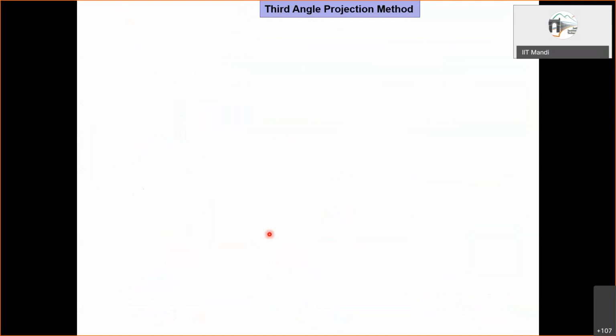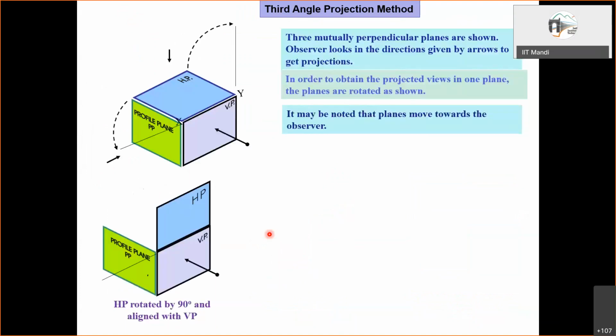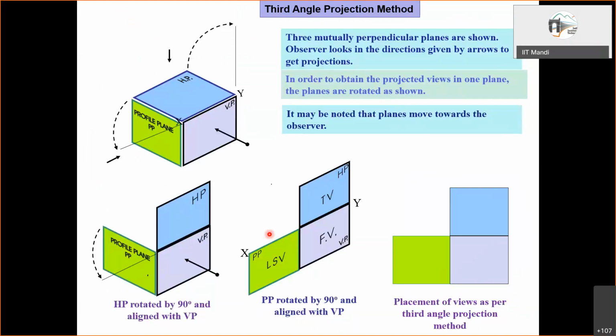Now in the next slide, if we consider this case, what will happen? Let me bring this complete slide onto here. So you see, the observer again is here, and the object is below this horizontal plane, in the third quadrant. So observer here, then the plane of projection, and then the object.